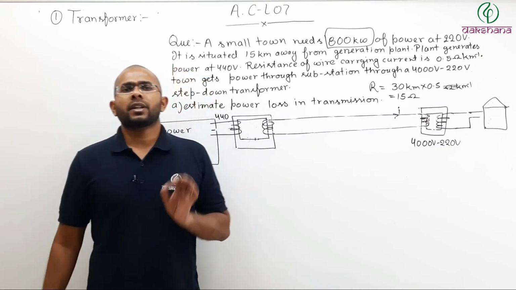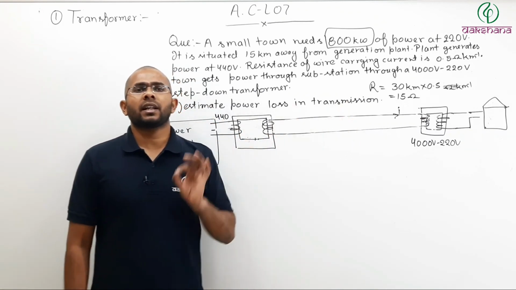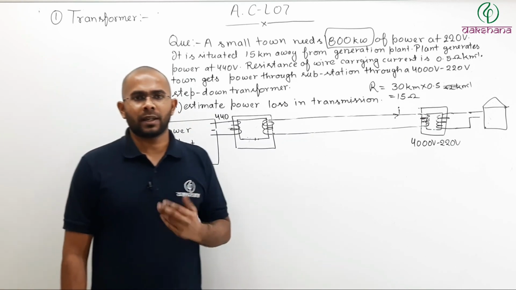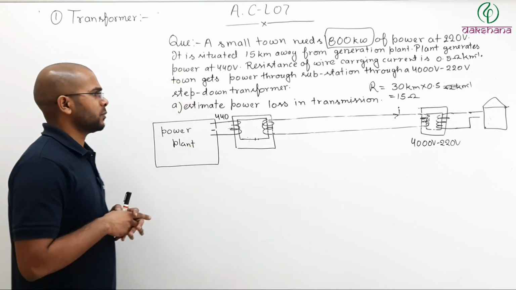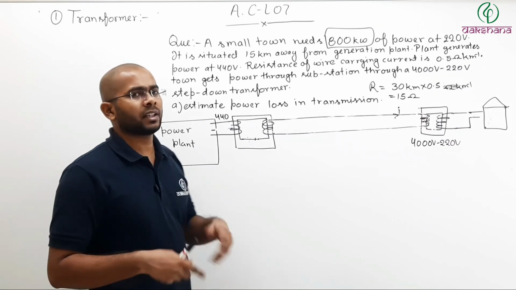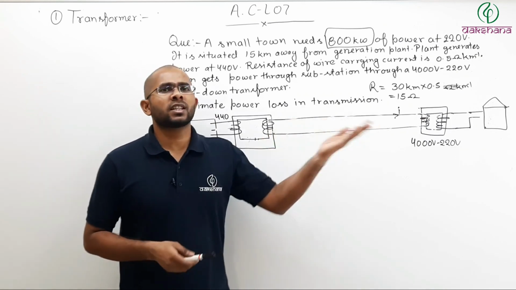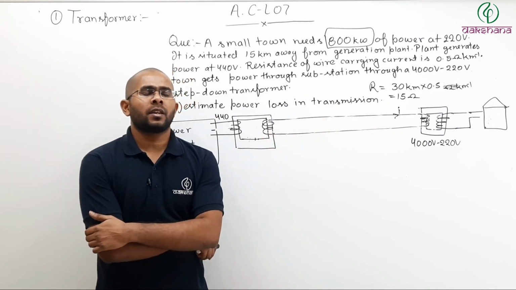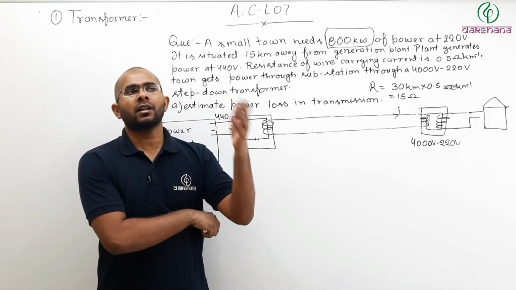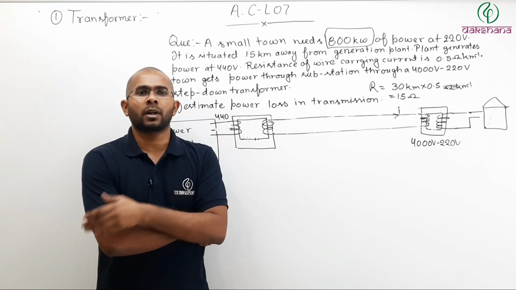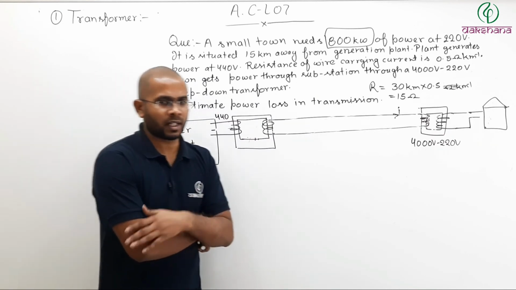So let us try to understand why there is a need to transmit power at very high voltage. Why? There are two reasons. Number one, most of the students think, sir, you are using I square R, why not use V square divided by R? If I use the formula V square divided by R, then the higher the voltage, the higher the power loss, because R is the same. That is the most basic question every student asks.